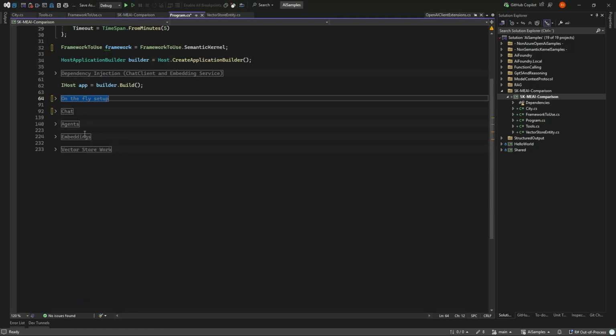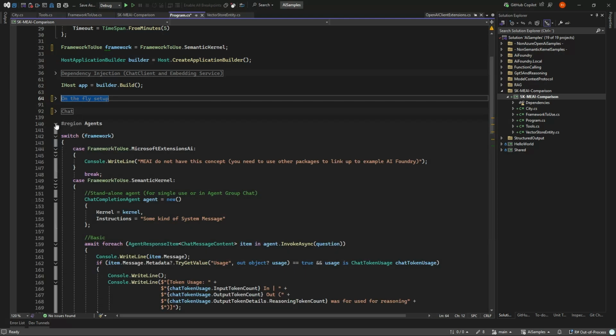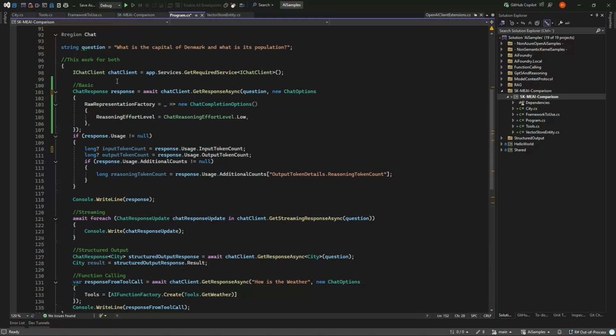But if you want to go a bit beyond and have agents, Semantic Kernel is the only offering, and there you can get this nice bundled thing that just works no matter if you needed to connect it to one thing or the other, needed to use it basic. And that's the reason why all the code you have seen from me so far have used these completion agents. Technically not needed. We can just use the IChatClient, which has some nice things like structured output that are definitely easier to work with, while function calling is a bit easier in the agents, in my opinion.